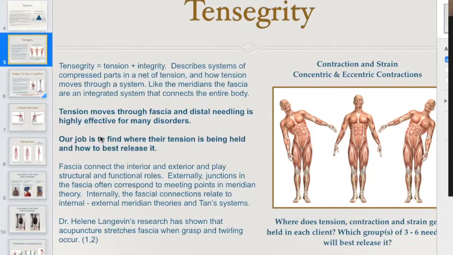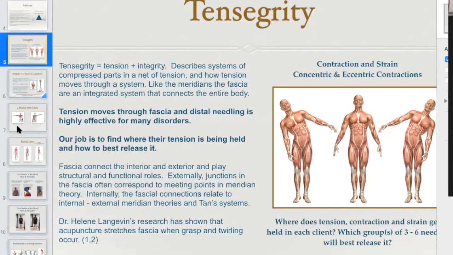Now, at the opposite end of the spectrum, we have the non-responders, or the people that are slow to respond. These are the bigger people. These are people that are overweight, or some of them will just have big bodies, maybe that are naturally muscular. The big people tend to respond more slowly, so you need to use more needles on them as well. Okay, but I do speak about using 3 to 6 needles because it's a good way to learn about how